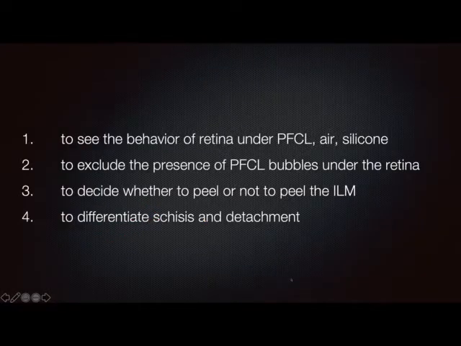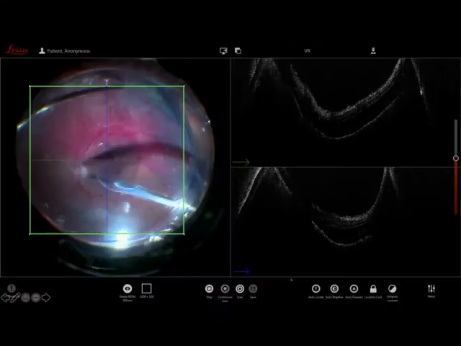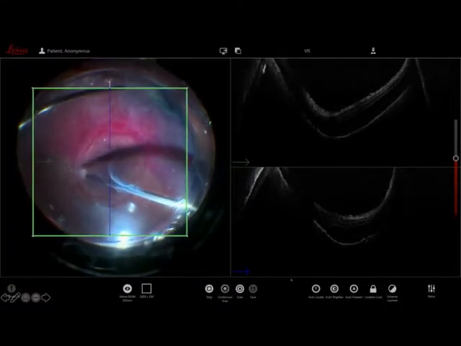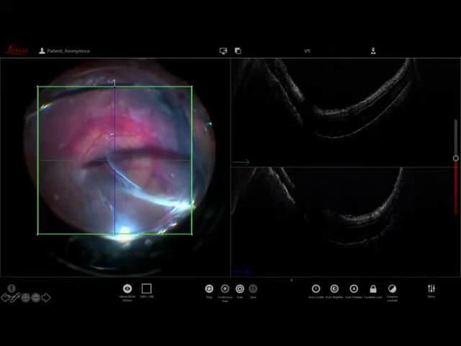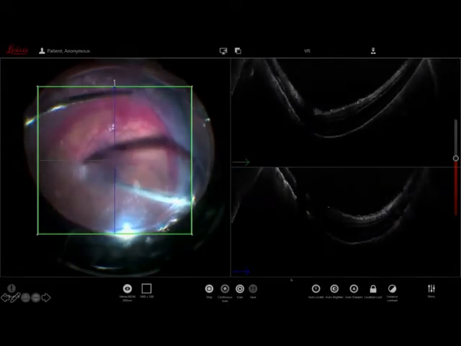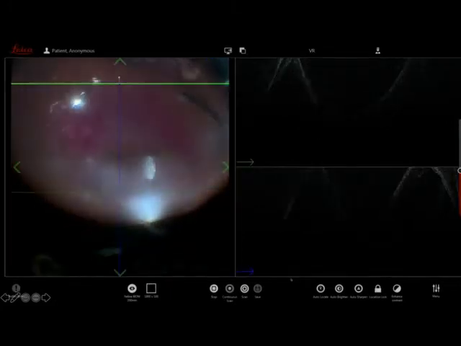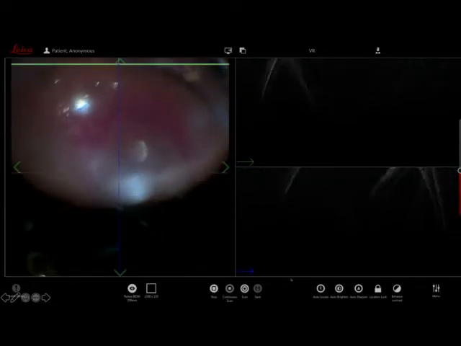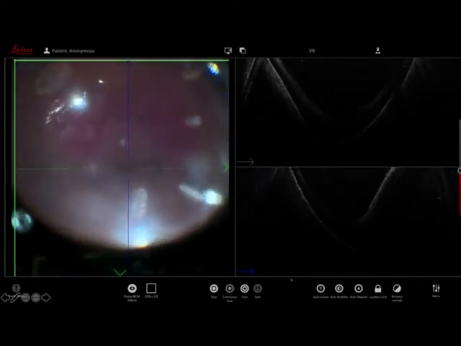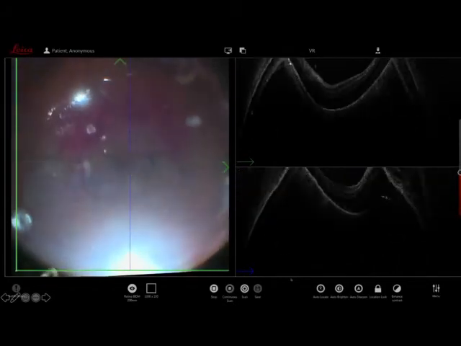What about retinal detachment surgery? Well, in this particular point, the OCT is extremely useful, and let's start to see the behavior of the retina under different tamponades. Injecting perfluorocarbon liquid on the left, you see on the right that the retina is flattening and that the subretinal blood is squeezed out. Under air, I am reattaching the retina, exchanging PFCL with air, and as you can see, when the peripheral retinal breaks are flat,